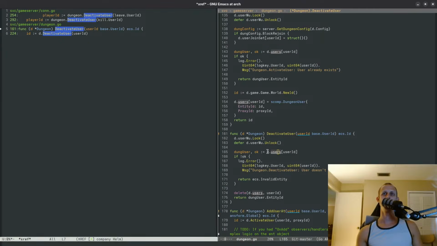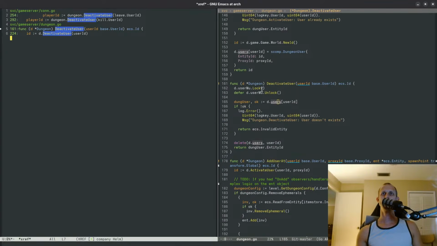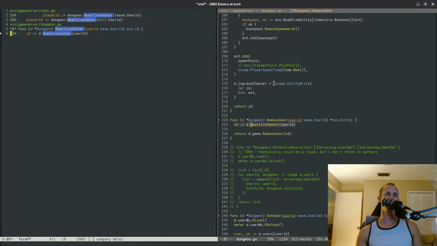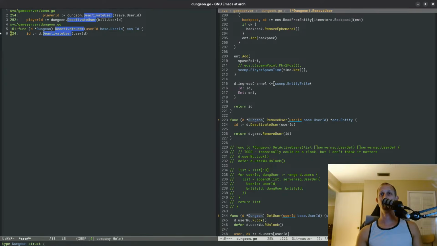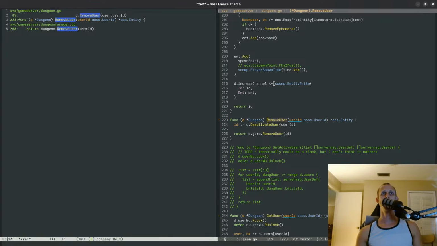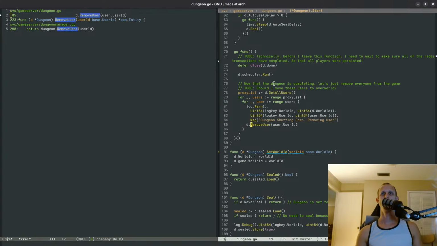Okay. All right, let's look at this third place where this gets called. It gets called from remove user, deactivate user does. And that happens when we